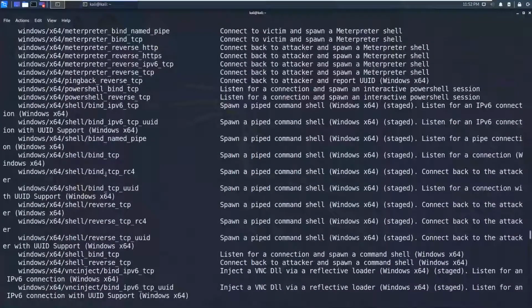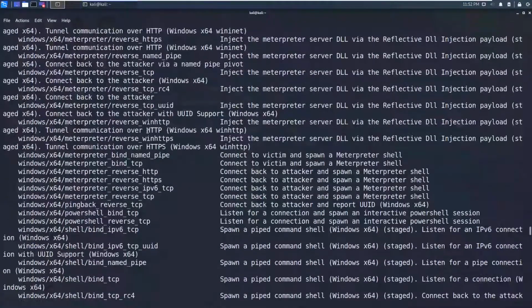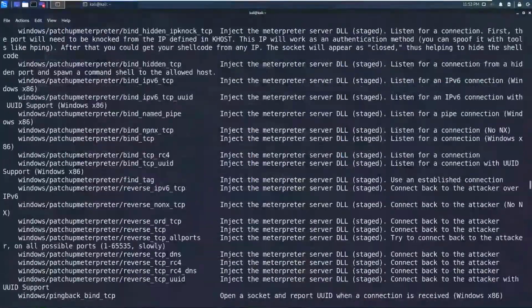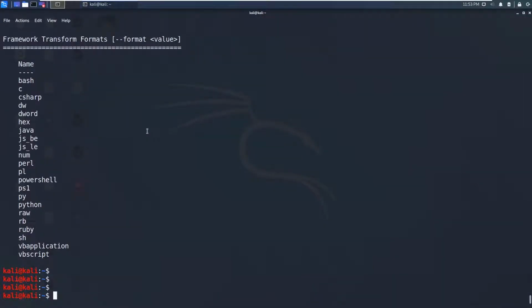So you can see here these are the payloads available for Windows system and 64-bit and shell, bind TCP and so on, reverse TCP. So we have already discussed bind TCP and reverse TCP. Generally the bind TCP will run on the client side, and it will go on listening for any connections, and then we will connect to the victim machine. But generally there will be firewall rules or an IDS. In those cases we use the reverse shell. So we go on listening and the client gets connected back to us.